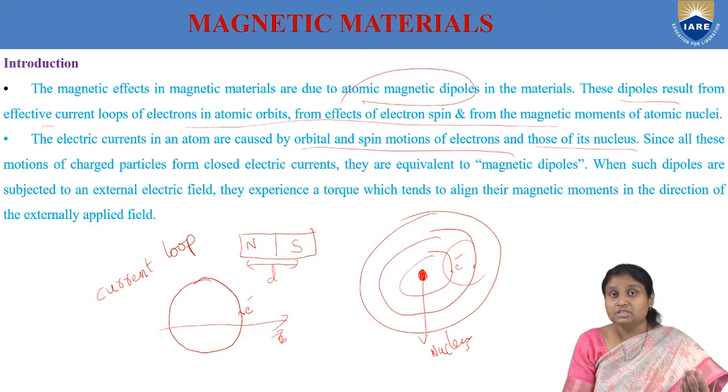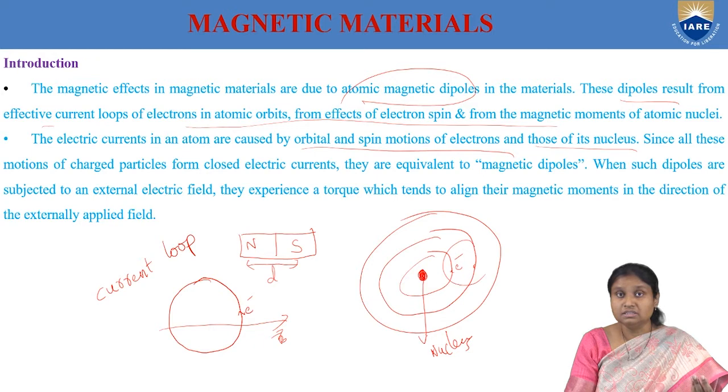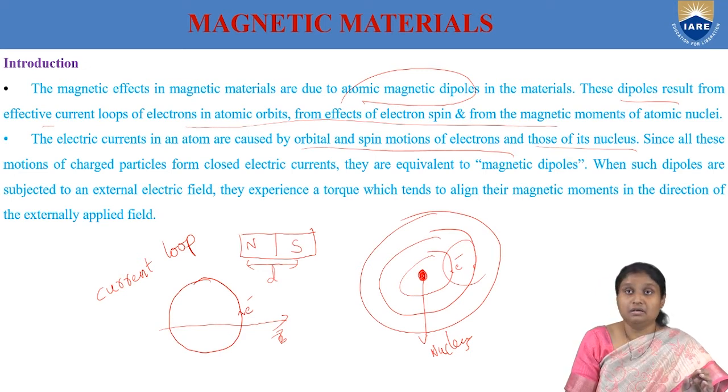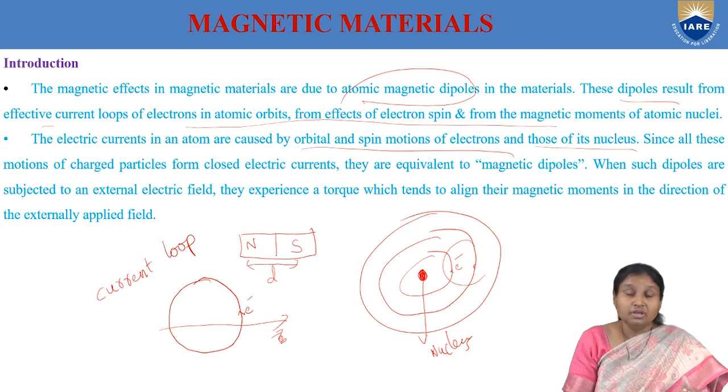And what we are going to understand here is, inside the nucleus, these protons also spin. So there will be spinning of protons, and because of spinning of protons also there is some magnetism arising, or we can also talk in terms of magnetic moment, but its contribution is very, very negligible. So by taking into consideration all these contributions, we are going to see how magnetism arises and what are the different types of magnetic materials existing.